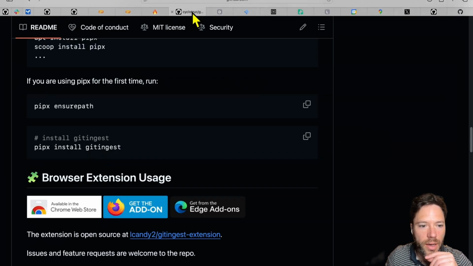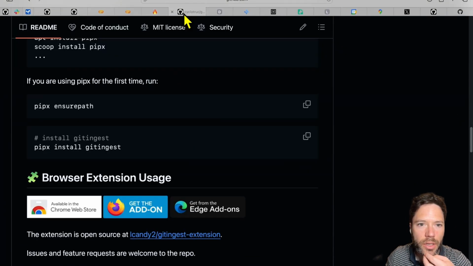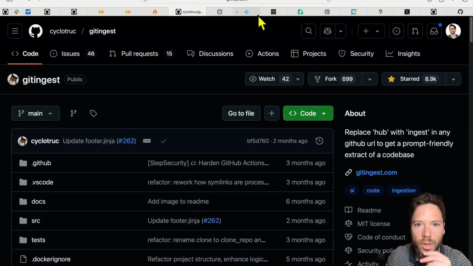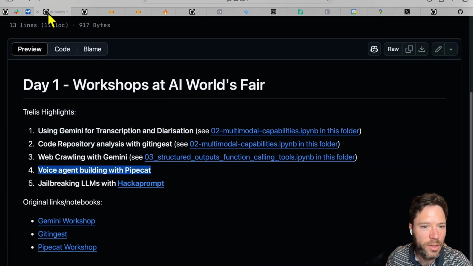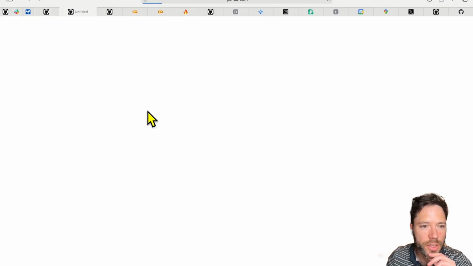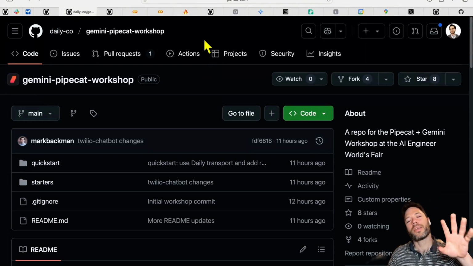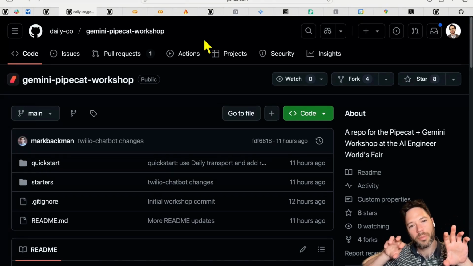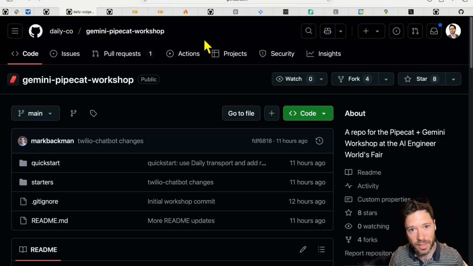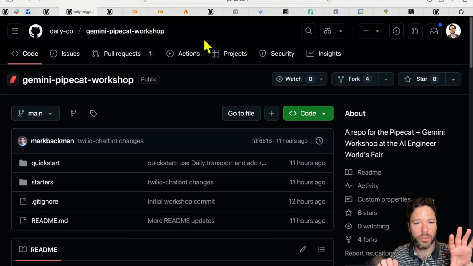And you can get an example of the Pipecat demo just by going to, let me see here. Where have we got the Pipecat demo? Well, if in doubt, just go to the link in the Trellis repo. So under Daily Co, Pipecat is open source. Daily is a company that provides transport services, let's say coordination for your voice pipeline. So Daily Co is kind of behind Pipecat, but Pipecat is open source.